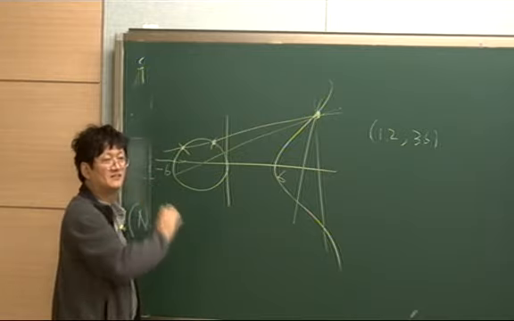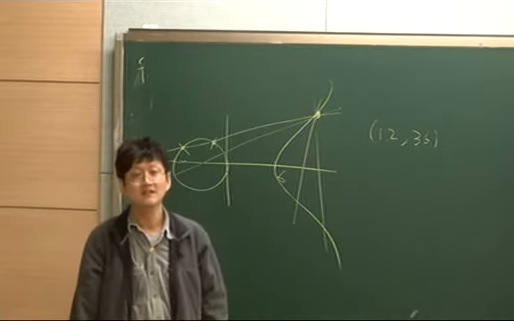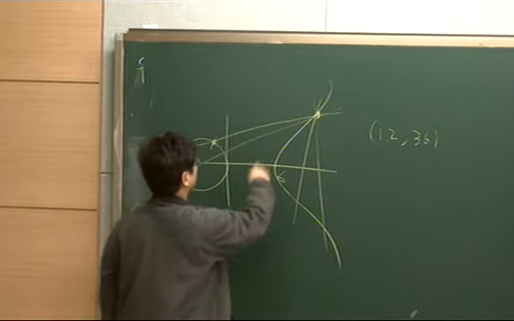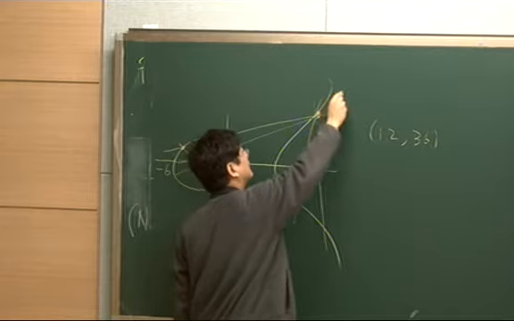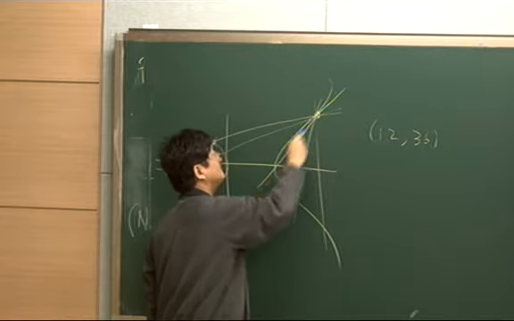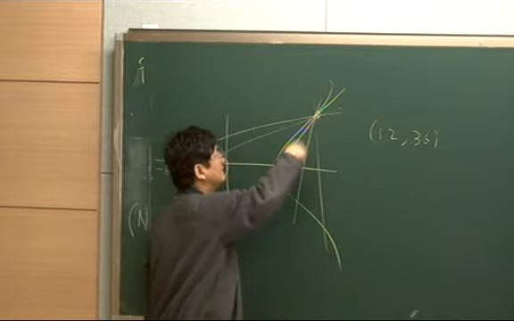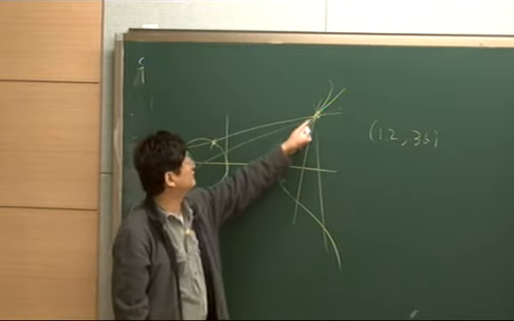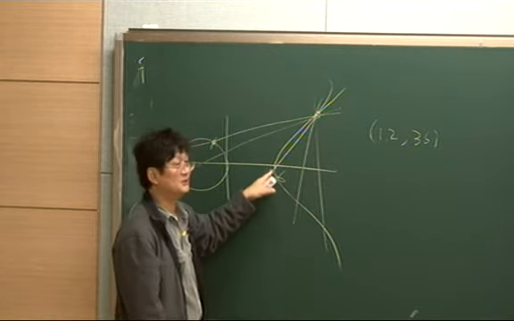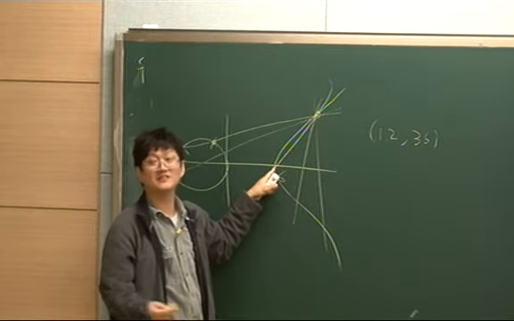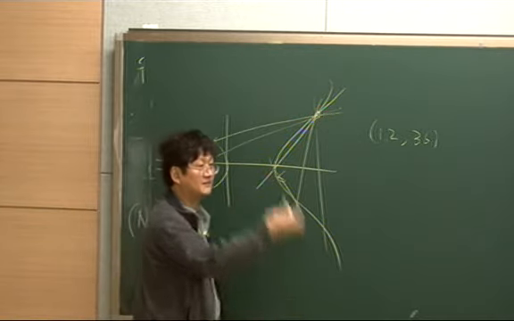So what does one do? Some of you probably have seen this. The idea is you can't use all lines. You have to use a special line. For example, you draw the tangent line through this point. If you draw the tangent line, then the cubic equation will have a double root at this rational point, right? And then the third one will also be rational in that case. So that's one way of doing it. And then you can draw the tangent line again and keep going.